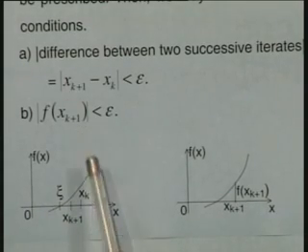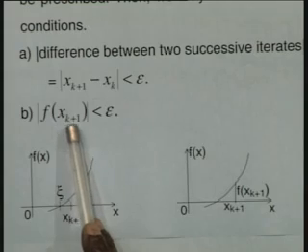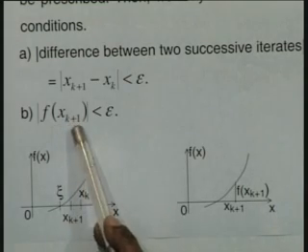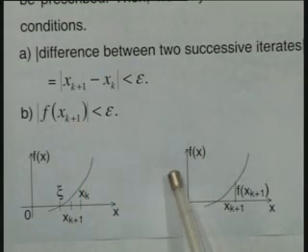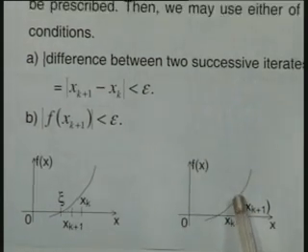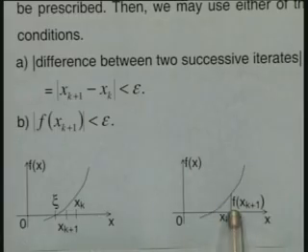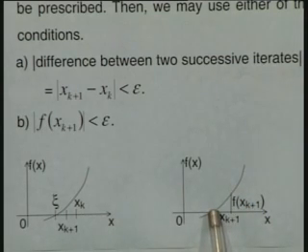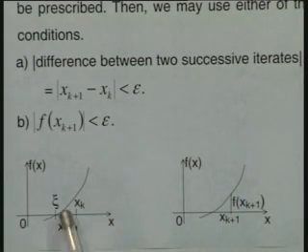Whereas in the second case we are finding the value of f of xk plus 1. F of xk plus 1 is nothing but f(x), that is your ordinate. So if I take a particular approximation xk plus 1, I am testing the value of this ordinate. As we move towards the root, f of xk plus 1 goes to 0 and finally f of xi is exactly equal to 0. Therefore, in this case we are testing the ordinate, whereas in the other case we are testing the abscissa, that is, whether the difference between two successive approximations is less than epsilon or not.